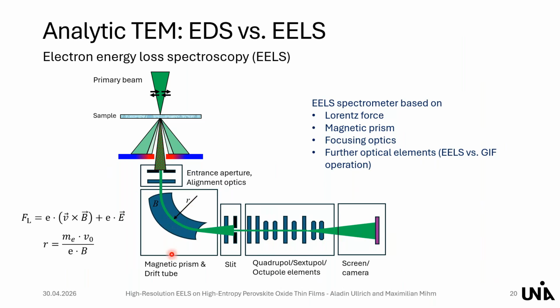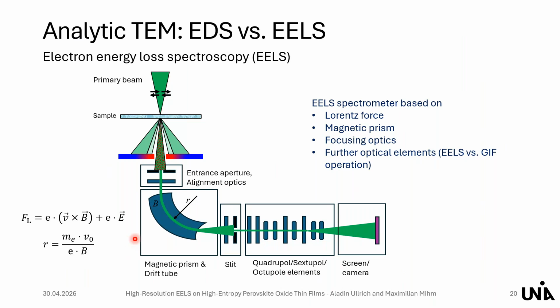You see that this setup is quite complex and quite sensitive to external disturbances. So that means, in general, when you are performing EELS, you always have a little bit of movement of the spectrum in the energy dispersive plane on the camera. It's never perfectly constant, and it requires more or less permanent tuning of these alignment optics. It's always a little bit unstable, in the range of a few, let's say half an eV or 1 eV, and therefore we are using the so-called dual EELS mode.